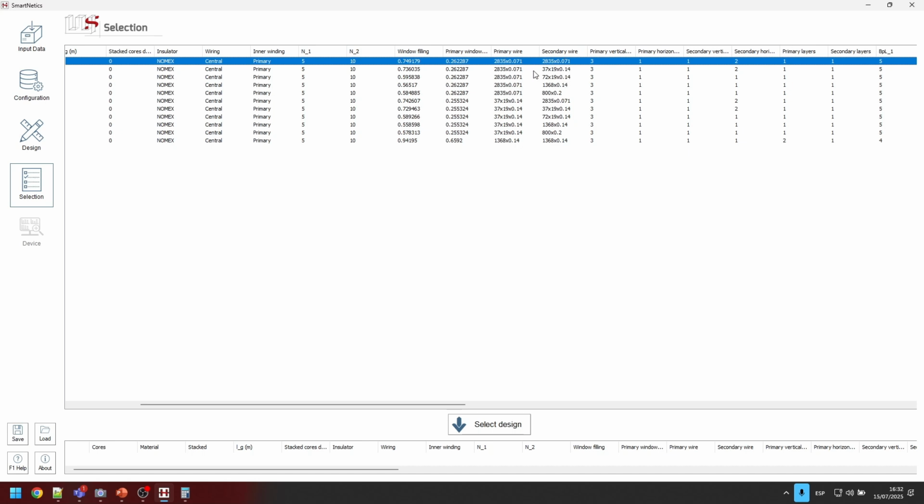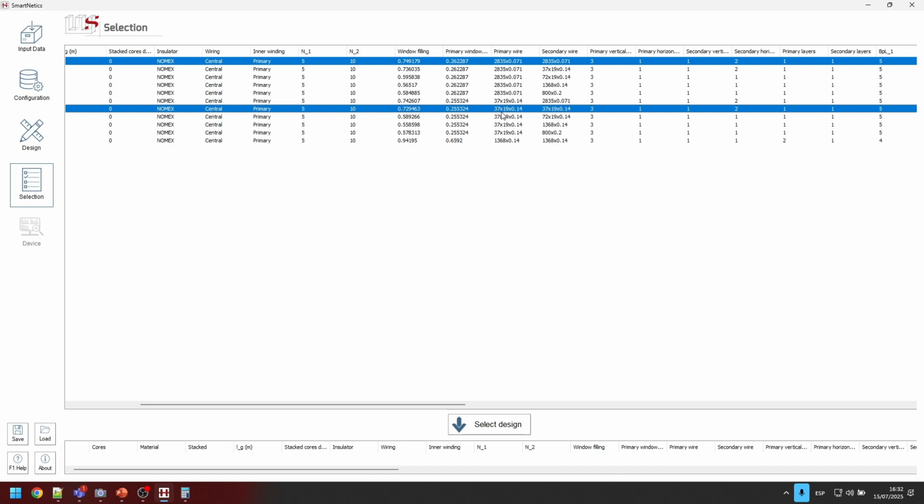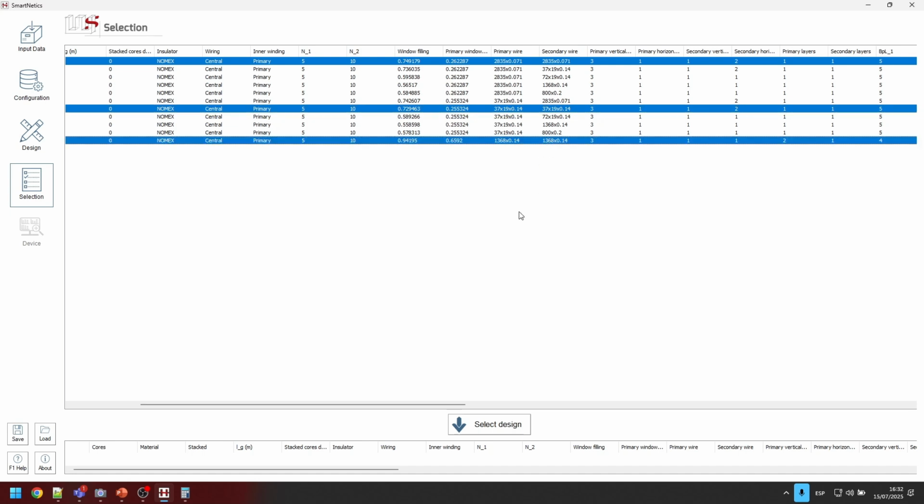This would use different wires, so it is not a possibility. It is not, it is not. This one is also a possibility. It's the same wire for primary and secondary side. This is not, this is not, this is not, and this is the other possibility, okay? So these are the only three options we have to make the device we want only using one kind of wire. What we don't know yet is which one is that wire, okay? Because we have several possibilities.